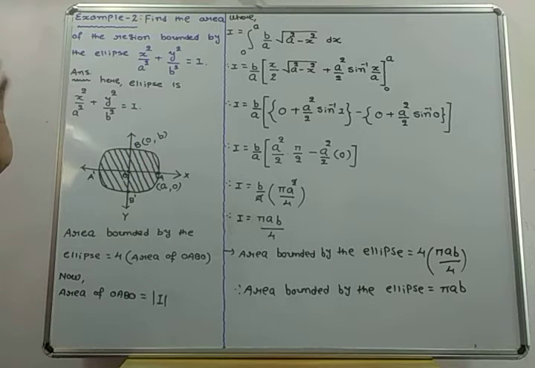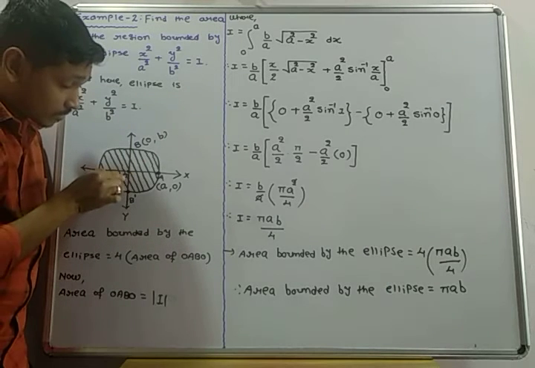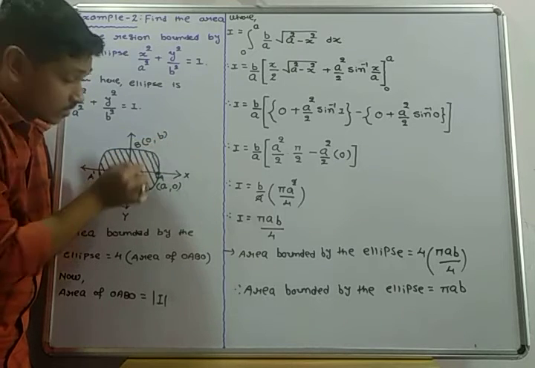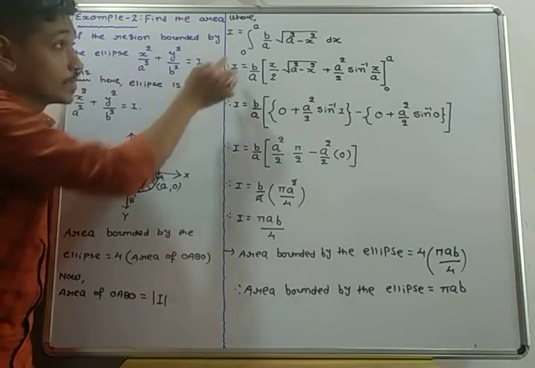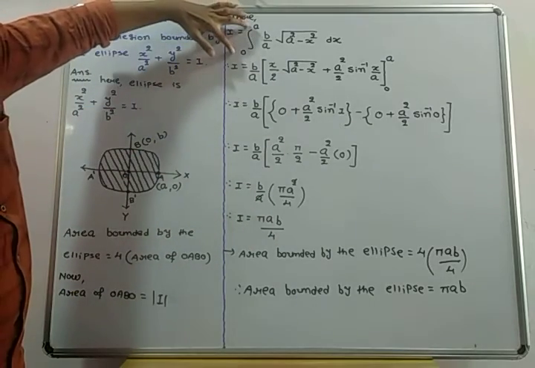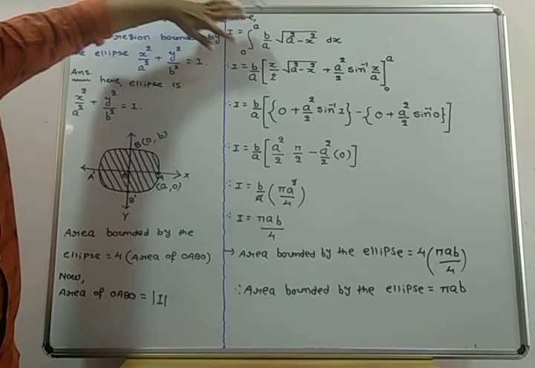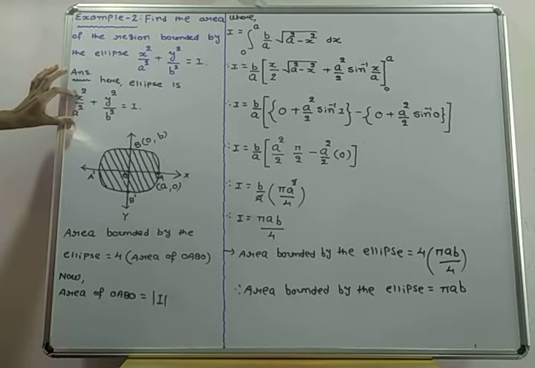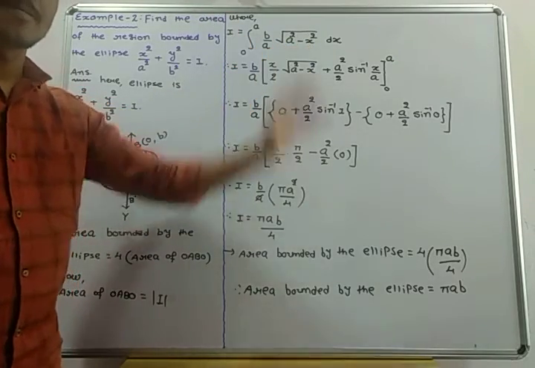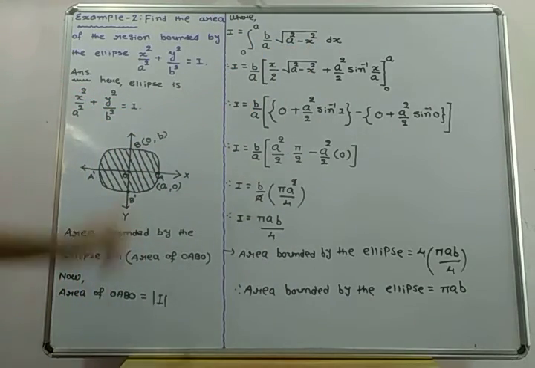Done? Now we could also do this another way. O means 0, 0 and here 0, B. So B is a y limit. So we can also follow 0 to B, where 0 and B are the values of y. Then we have to find x. The value of x would be the same, but here y comes in instead. Okay, so example number 2 is over.